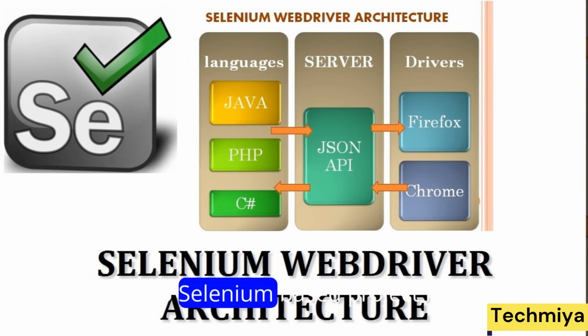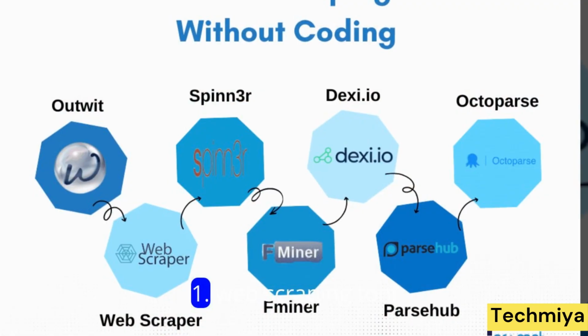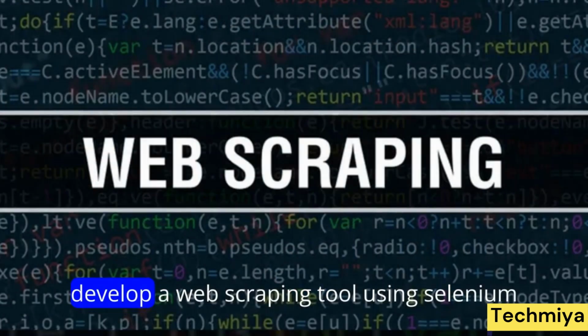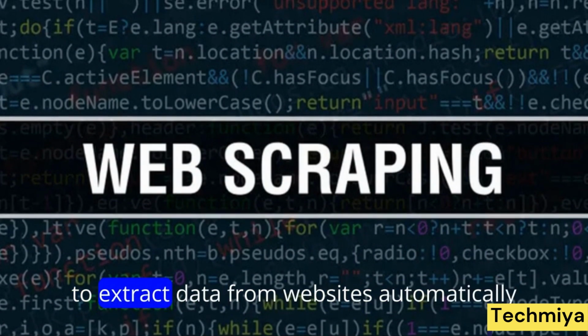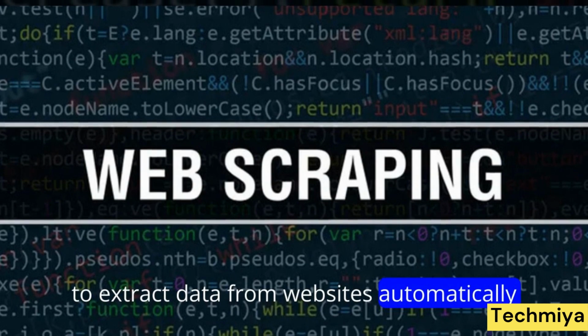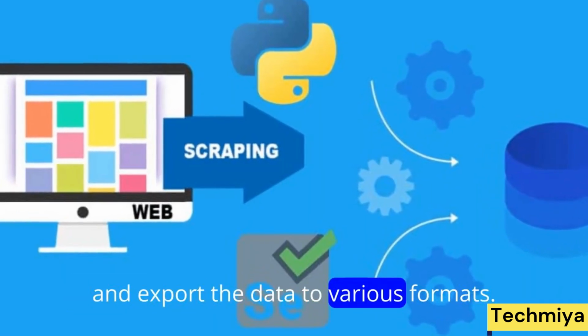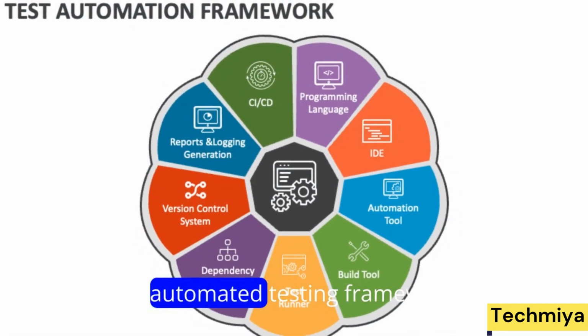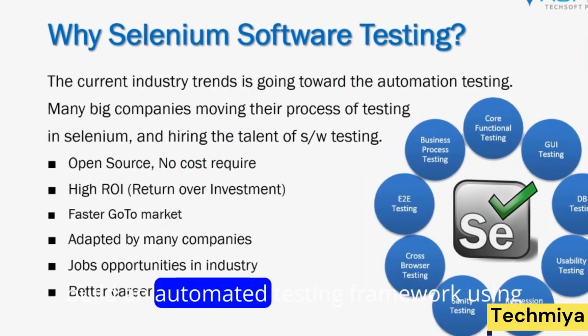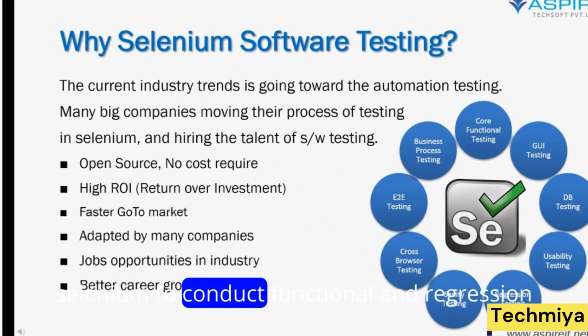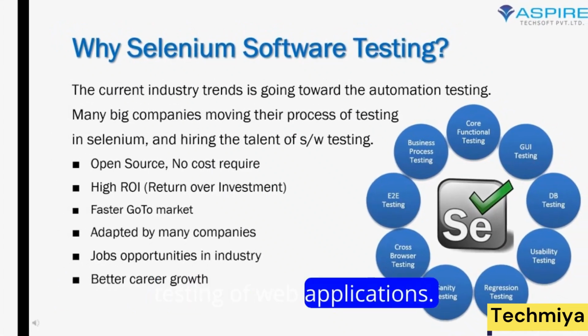Top 15 Selenium-based project ideas. 1. Web scraping tool. Develop a web scraping tool using Selenium to extract data from websites automatically, allowing users to specify the target elements and export the data to various formats. 2. Automated testing framework. Build an automated testing framework using Selenium to conduct functional and regression testing of web applications,